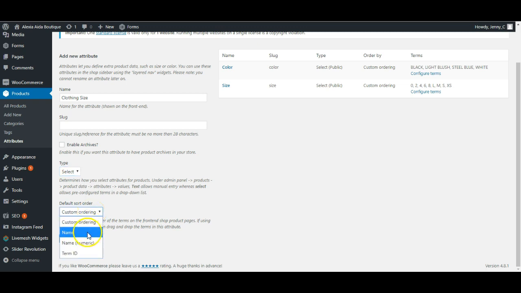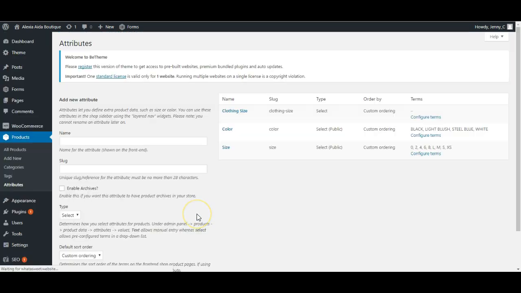And you can also sort how it's going to be for your customers. So for your front end shop products, I just recommend the custom ordering rather than going by the name of it or the numeric or anything like that. This way you can drag and drop them and choose what you want at the top of the attributes. So if we click Add Attributes,